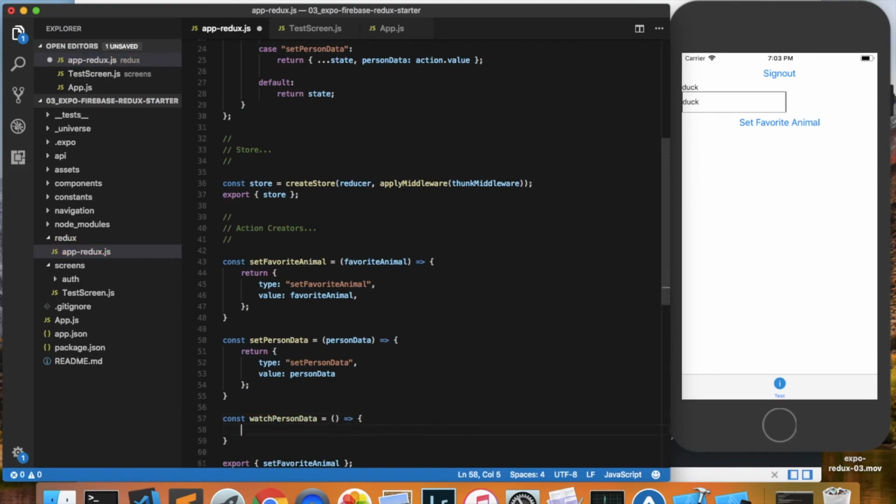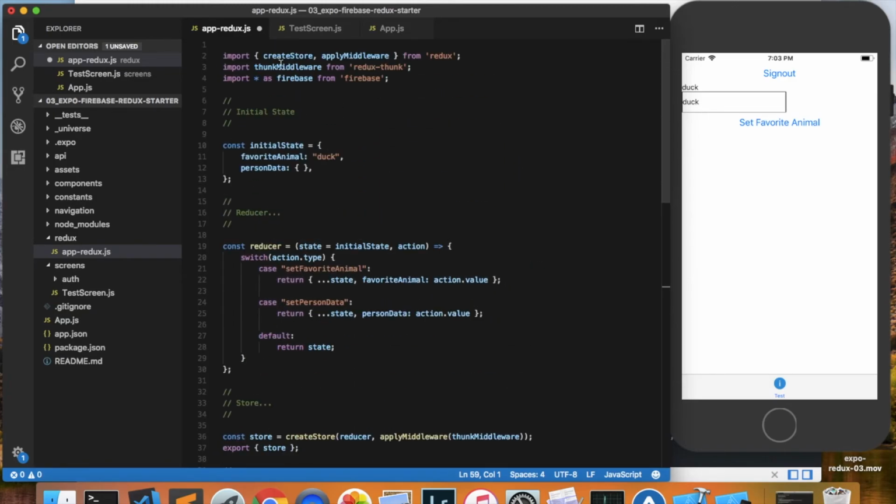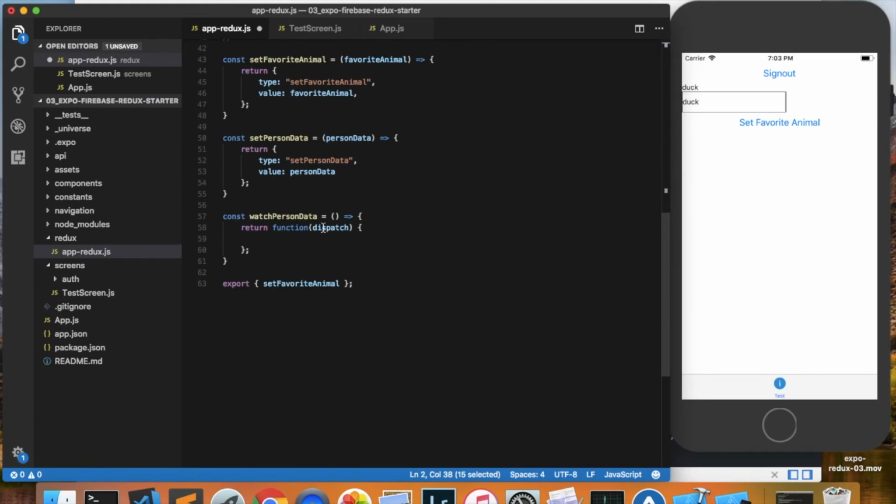So this will be a function. We won't take any inputs, but you can if you want. And in this case, we're going to return a function rather than an object, and that function is going to take dispatch. And inside of this function, we will set up our Firebase watch. Now, ordinarily, you wouldn't be able to do this type of thing in Redux. This is where the Thunk middleware actually comes into play. So because we're applying the Thunk middleware right here, it allows us to have action creators that are functions rather than just objects. So inside of this function, let's call the Firebase API, so